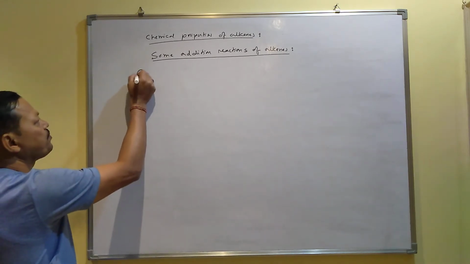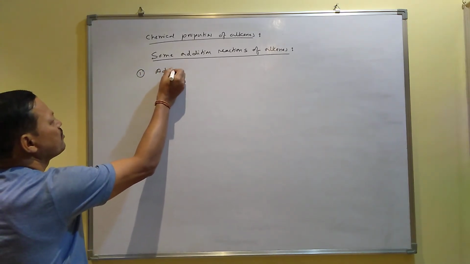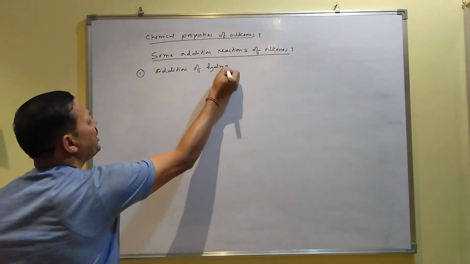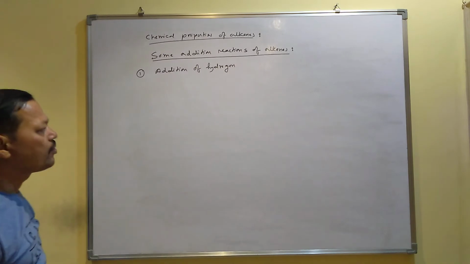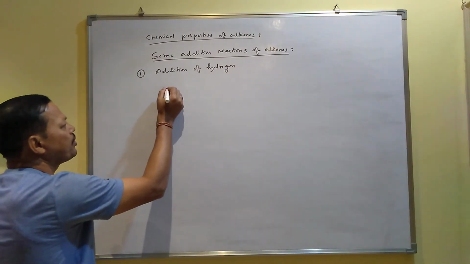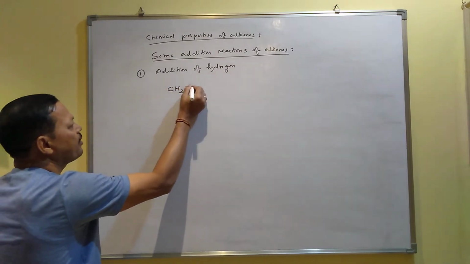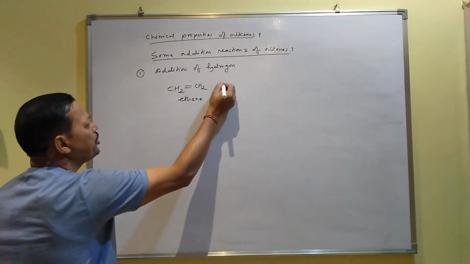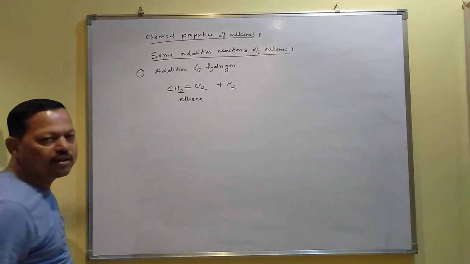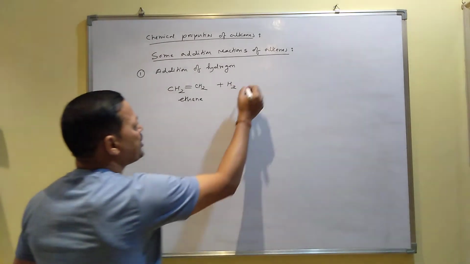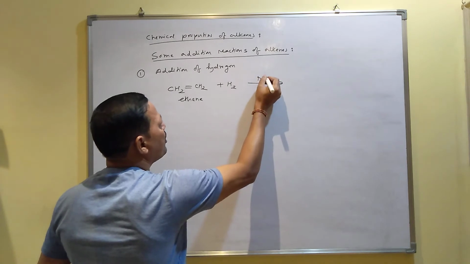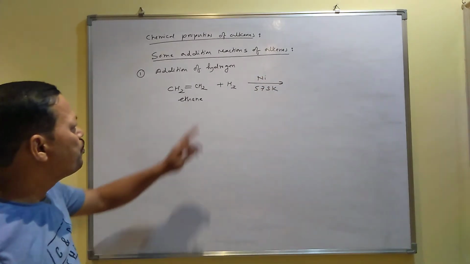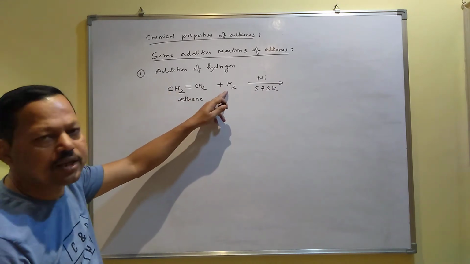Number 1, addition of hydrogen. With alkene you can add hydrogen. For example, this is one of the alkenes, ethene. When you add hydrogen with ethene, in presence of one catalyst, nickel, temperature required 573 Kelvin, then both the carbons will take 1 hydrogen each